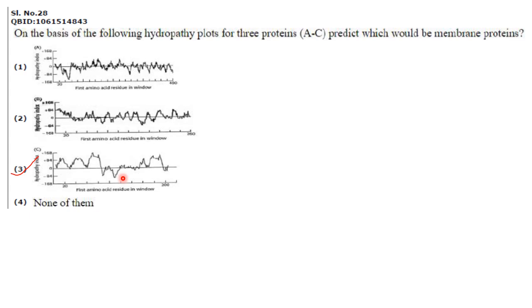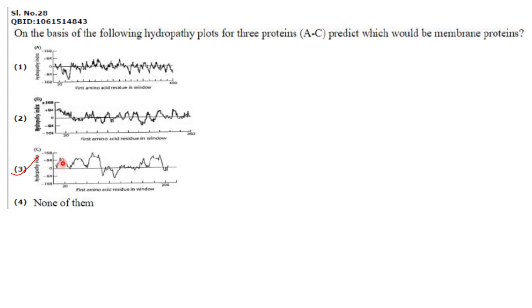That is, you should get a curve above the basal line and a curve below the basal line, showing it is a transmembrane protein. Whereas peripheral proteins are found lying on the surface. So there are no hydrophobic amino acids for peripheral proteins. So here the answer will be option 3, because you can see that